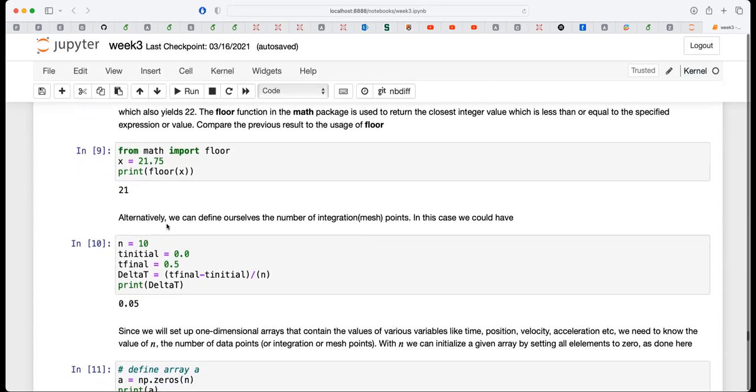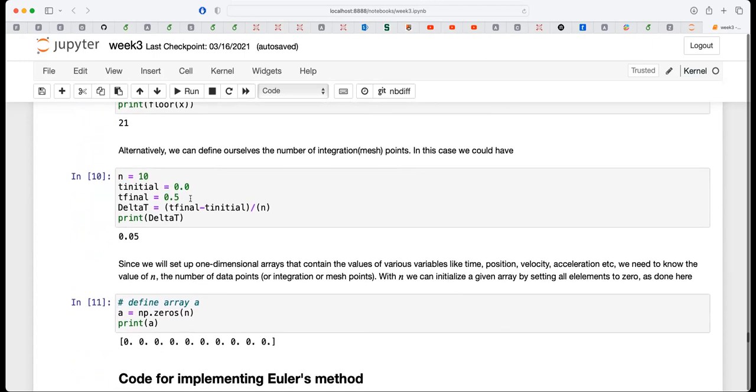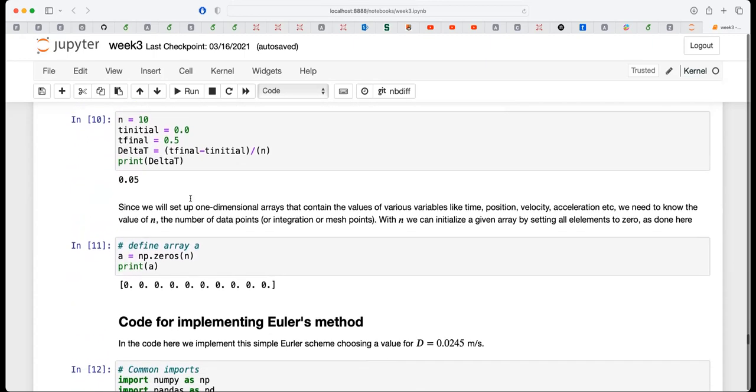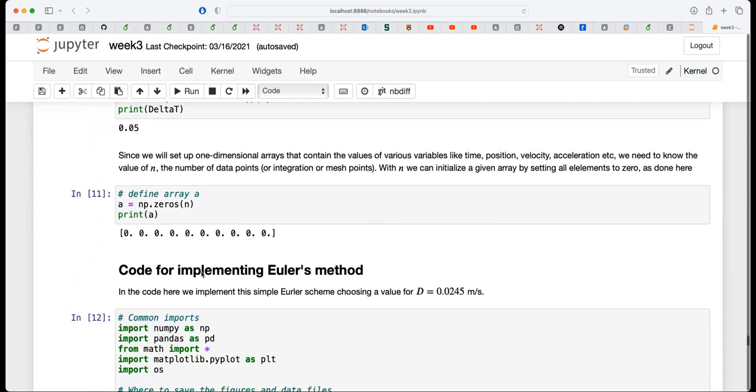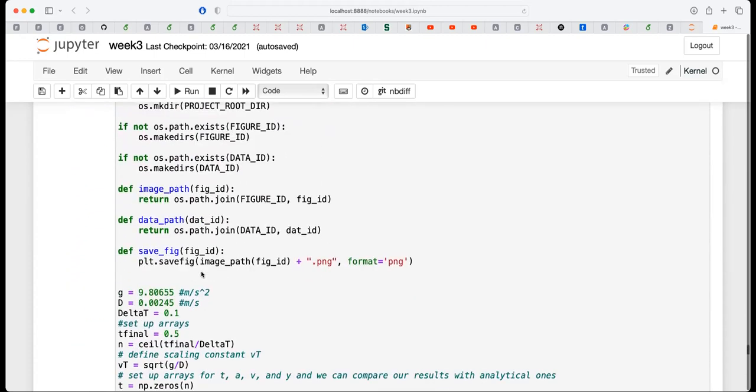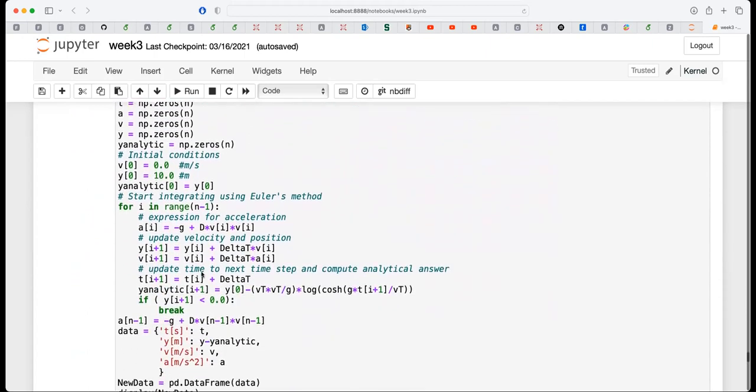And what you will find here is now an array for the time. And then I print an array for the acceleration, which I set to 0 in the beginning. So a NumPy array with zeros, which you can see here. And here you will find an example of how we could implement Euler's method.